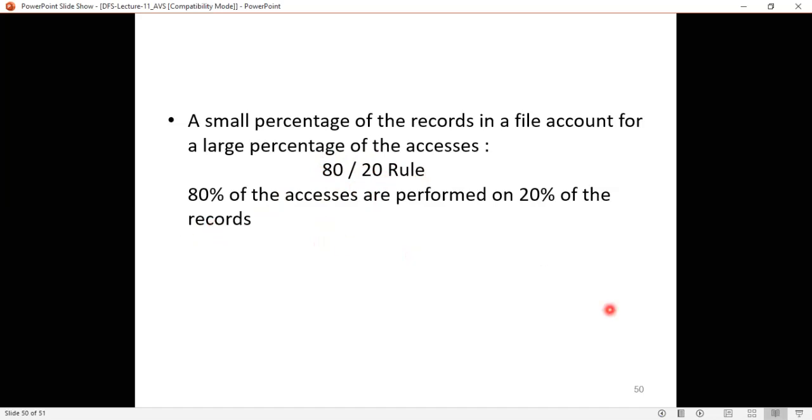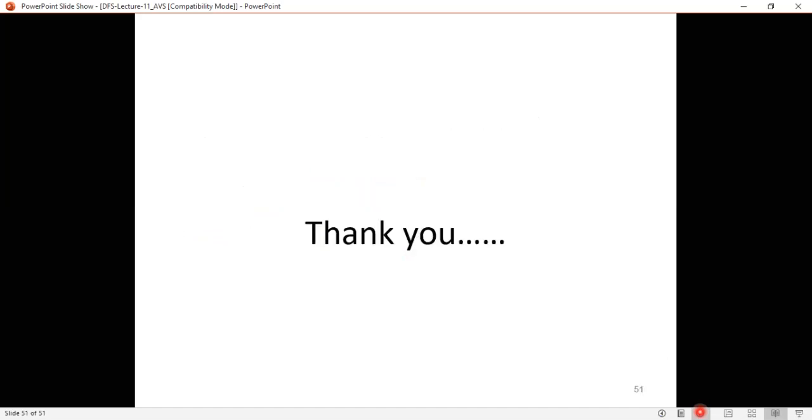Hope you are clear with the record access and the collision techniques we discussed in this video. We started with double hashing, then we discussed chained progressive overflow. Next we discussed chaining with a separate overflow area, and then last we discussed the scatter table and a short note on patterns of record access.